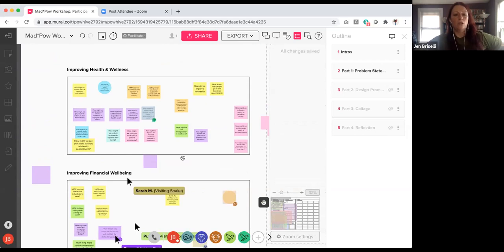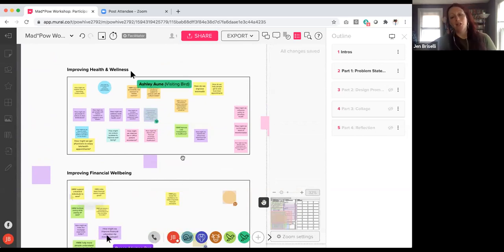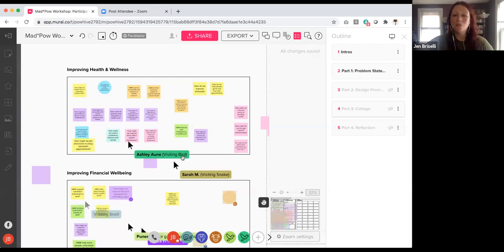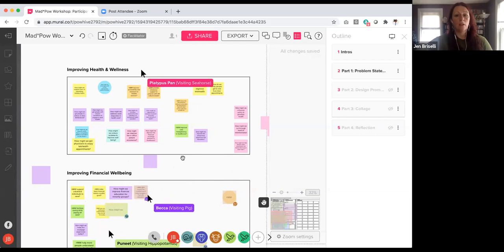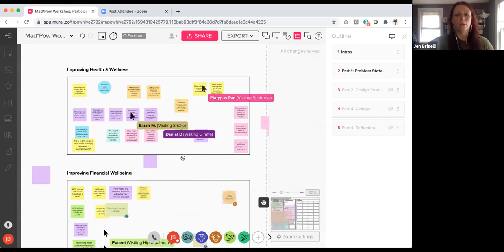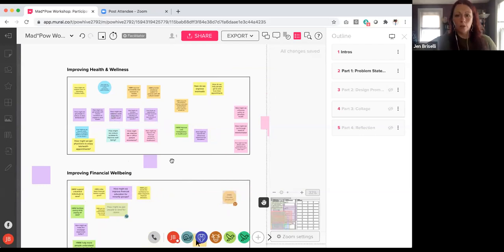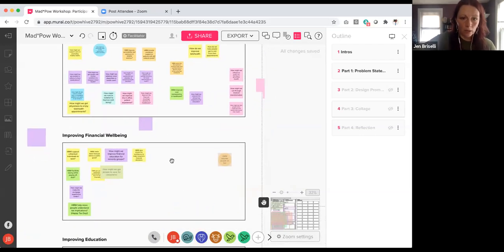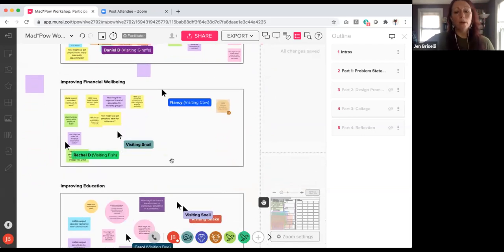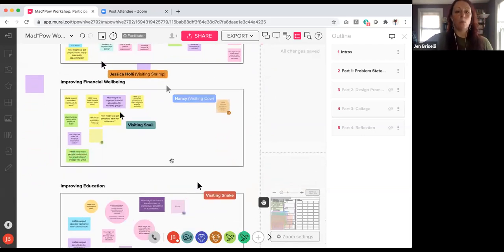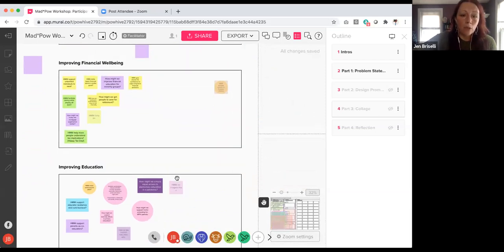What I'm going to ask you to do next, if you're done, if you're kind of out of ideas or just done with trying to come up with more, is take a look around at the other Post-its. Just browse at what's there. Read all of the ones that are there. I think we're doing good on time, so I'm going to try voting. So I'm going to wait one more minute. And if you're still typing something, wrap up the one that you're typing and make whatever one you're adding right now the last one. And then I'm going to